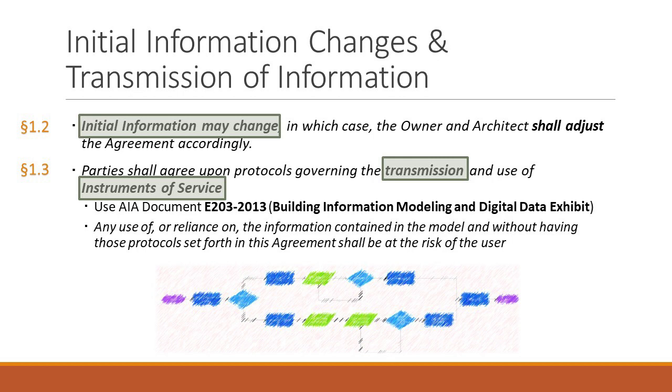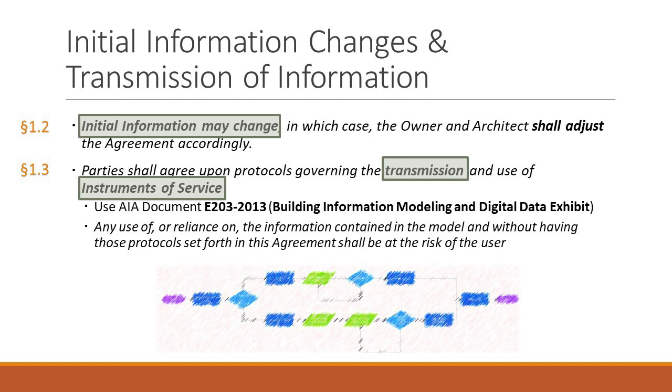But regardless, under 1.3.1, it says any use of or reliance on all or a portion of the building information model, and so on, the information contained in the model, without having these protocols set forth in the document, shall be at the using or relying party's risk and without liability to the other party, the contractors, consultants, etc. So what this is saying,